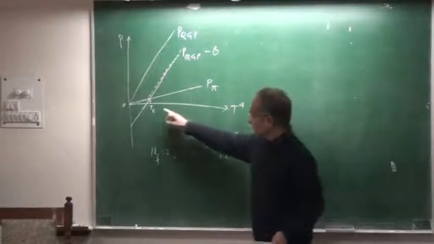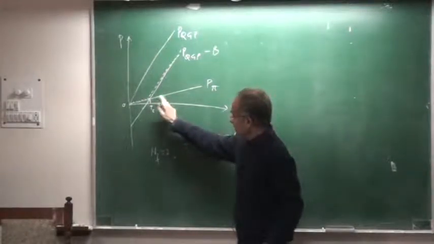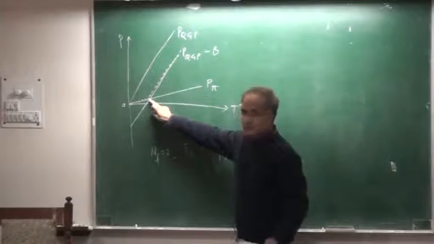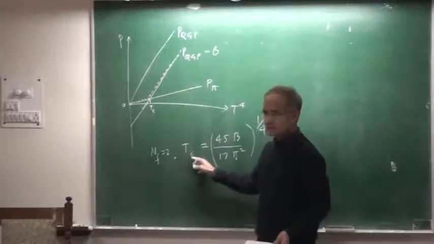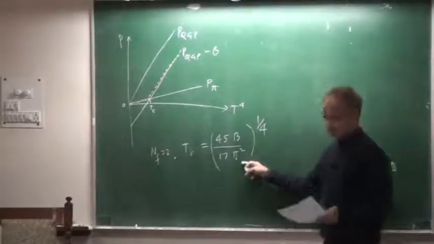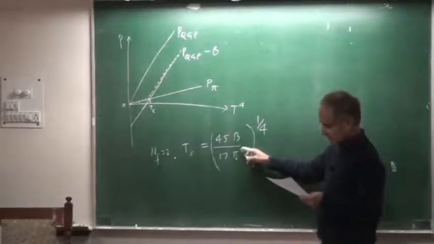You equate the pressure due to pion and pressure due to QGP. You get some expression for the temperature. So it will come out to be this, 45 B over 17 plus...